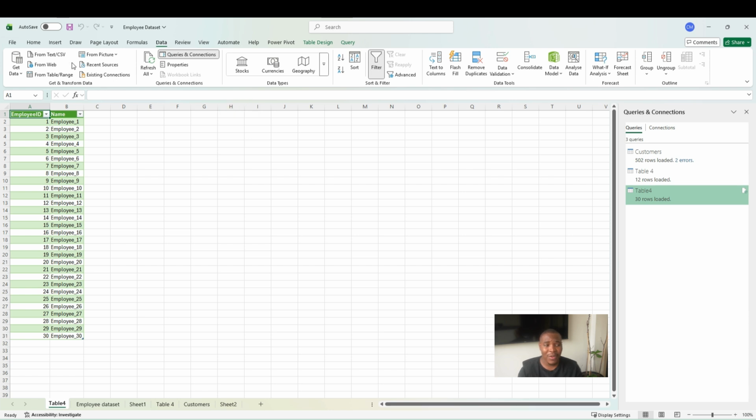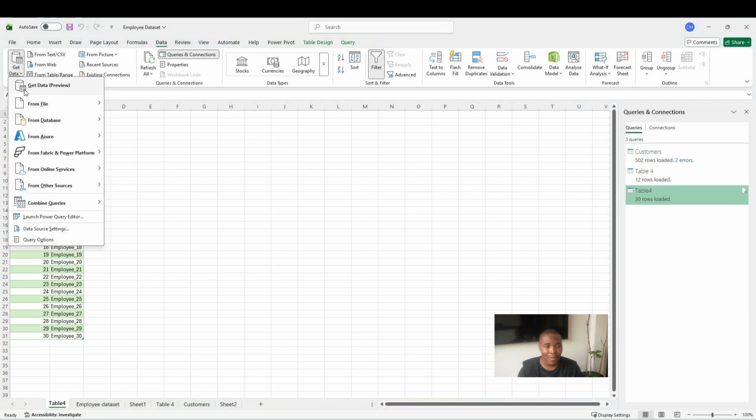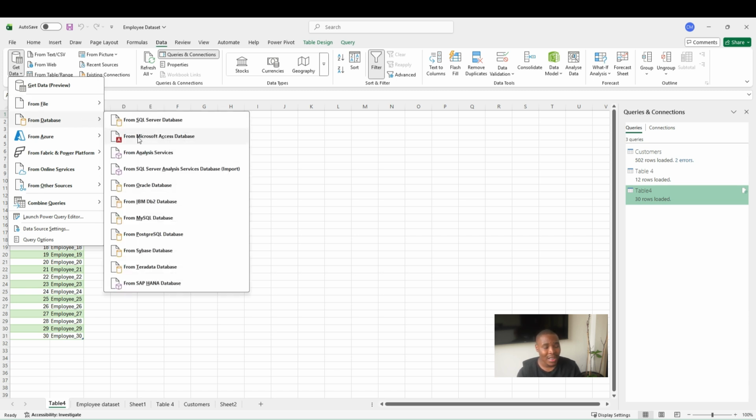So next time, if you've got a data set that maybe you're not familiar with, let's say it's not part of the files from table, you can see this is Microsoft Access. Each and every single option that is out there is normally covered by Excel for you to be able to import the data and start doing analysis. So in a nutshell, that is how you import data from the different